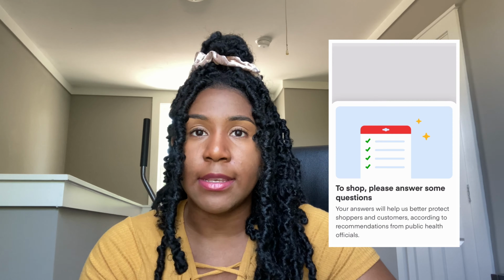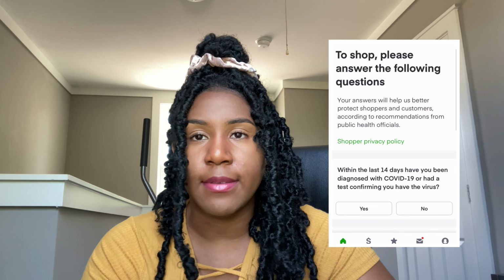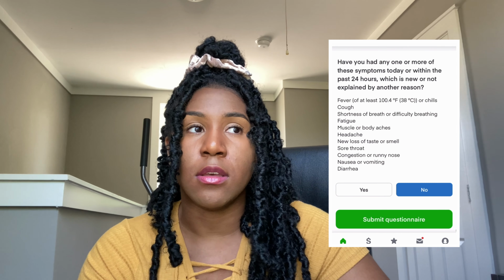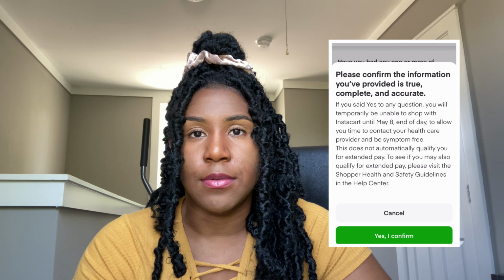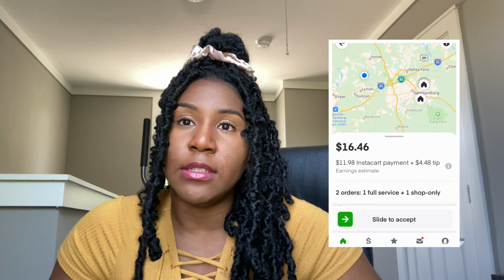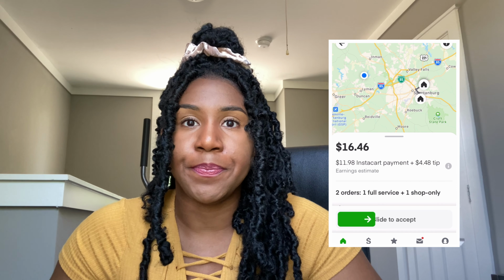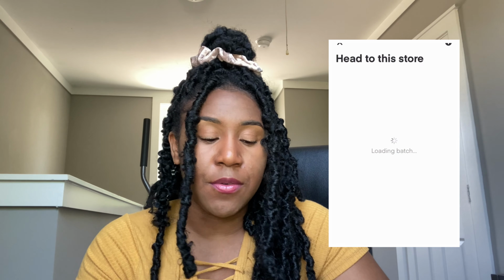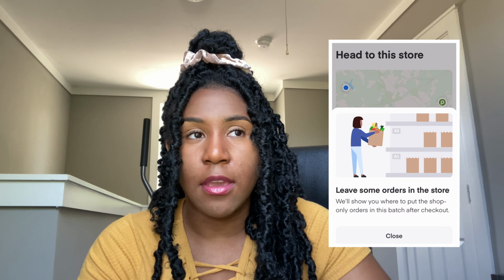if I really want to be Instacarting. Nowadays, because of Corona and everything, they do have a questionnaire. They ask you if you've been coughing or having any kind of illness or anything like that. Just, you know, COVID measures stuff, they will ask you how you've been feeling before you can even get to the orders or anything. So after you accept an order, then it's going to ask you to drive to the store. And once you get to the store, it will say you're here,